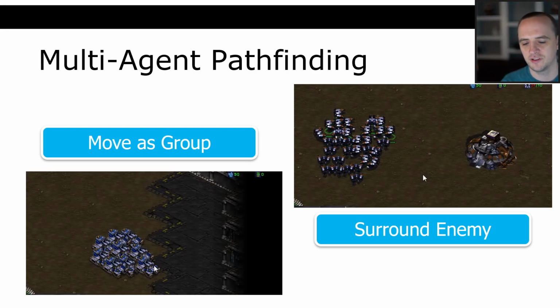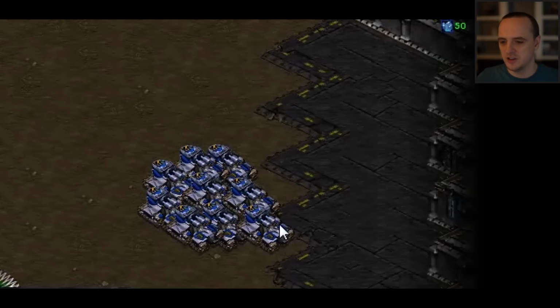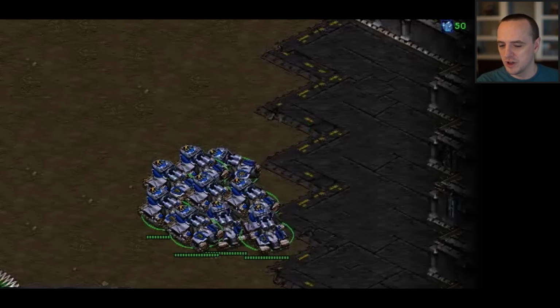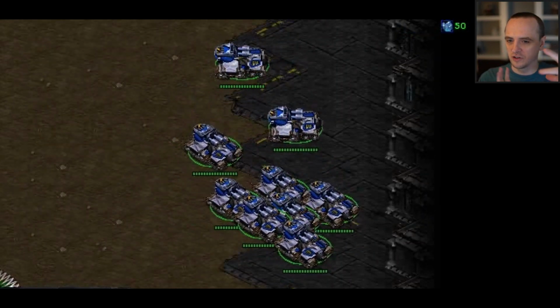Here are two examples from the original game of StarCraft. In StarCraft, a lot of the game involves moving your units as a group, okay? So in this first example, we have a group of tanks, and these tanks are going to be trying to get around this little obstacle in the map. Ideally, you would select all your tanks, like is happening here, you'd tell them to move, and then all the tanks would move as a group.